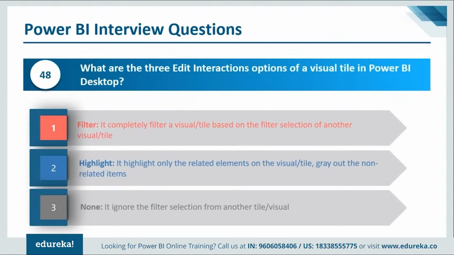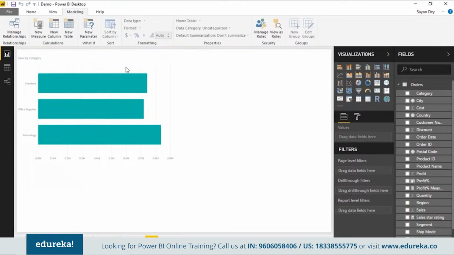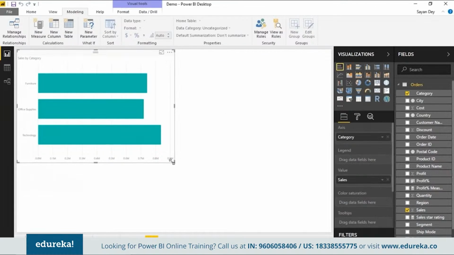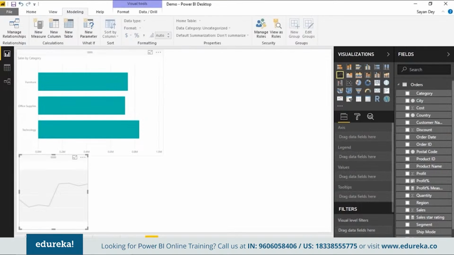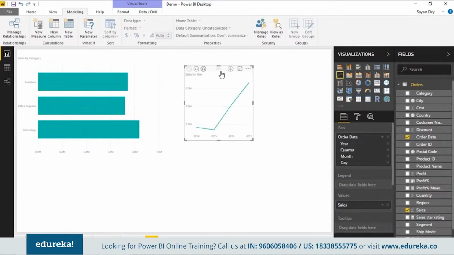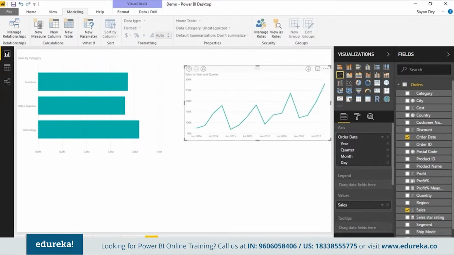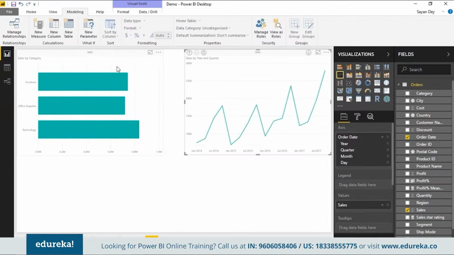Edit interactions typically work at the visual layer of Power BI. Another very important component, especially in the visualization stack, is edit interactions. So here, it's a very simple bar chart I have. I can parallelly build a line chart here. And my line chart is going to be showing my sales based on order date, let's say. Okay, very simple line chart I have here. So the idea of edit interactions is you want to specifically choose how you want these two to interact with each other. Okay, so I can further have that map.